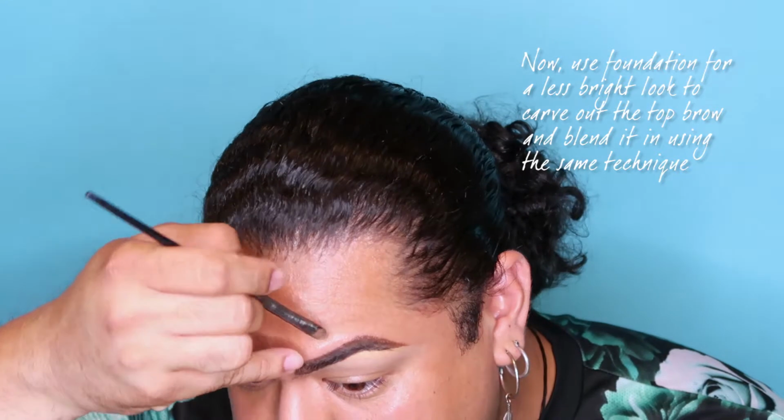I don't like brows that look like they have a halo. So you can use foundation at this point, and for the sake of this, we're going to use foundation. You can pick any of your favorite foundations. I'm going to use Naked Skin. Whatever foundation you want, it doesn't matter at this point. In regards to foundation, I'm going to clean off my excess. So here we go, we're just going to grab, to make it more natural looking so you don't have that high beam on top,